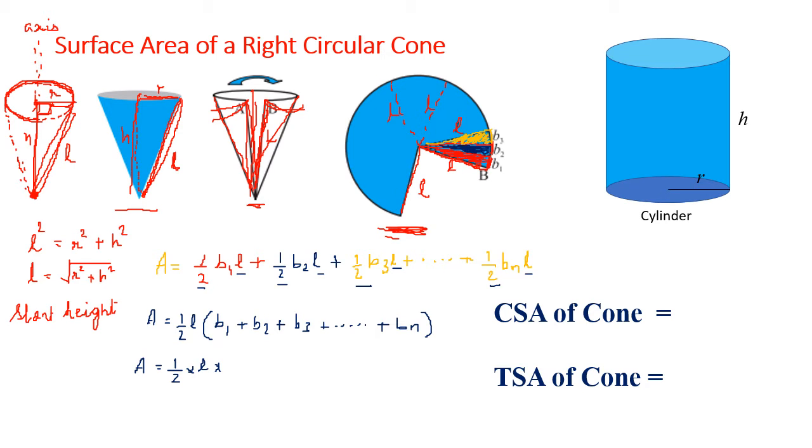Now if you add this B1 and B2 and B3 and B4 and B5 and B6 and B7, keep on adding. So where is the part? Let me show you where is the part. We have cut the parts. Let me show you the parts we have cut. So we have cut the parts on this edge. Which edge? On this edge. The parts were B1, B2, B3, B4, B5 and B6.